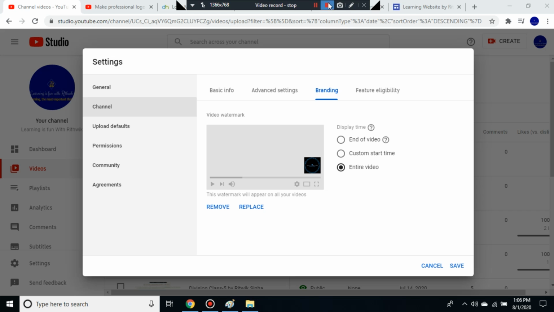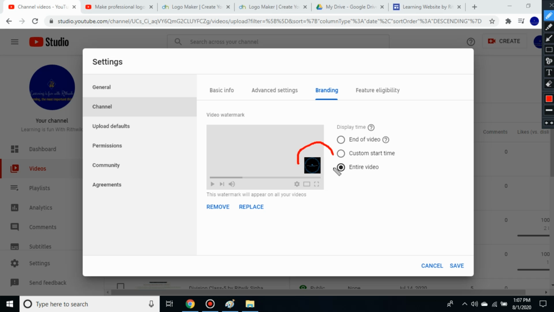So now you can see that it has done our logo creating. It has set up our logo. So I will show you where. I'll show you here. You can see here it has done.